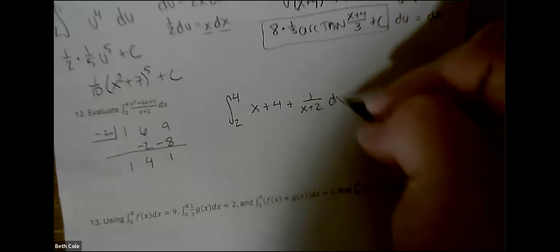So our integral from 2 to 4 is going to be 1x plus 4, and then our remainder is 1. So it's going to stay over the x plus 2. Basically, we're saying we were unable to divide that part out. And now we're going to do our calculus. We didn't do any calculus yet. This is just division. Antiderivative: 1/2 x squared plus 4x, and then this is going to be an ln